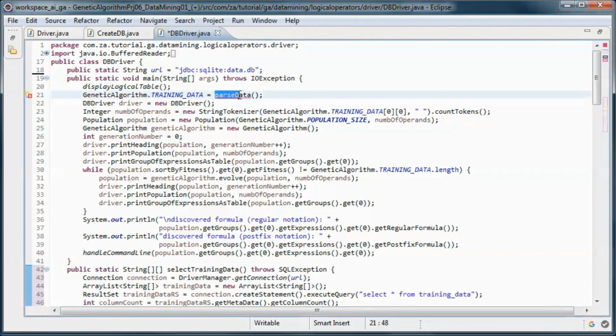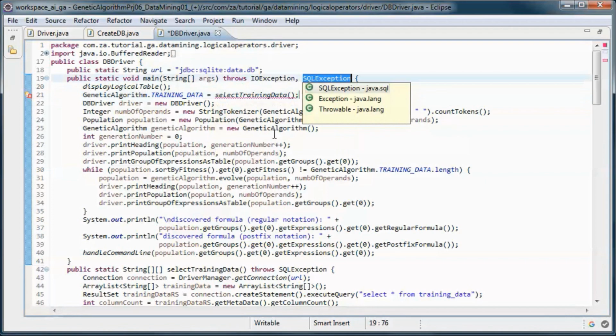And we will call this method from here to populate the training data.